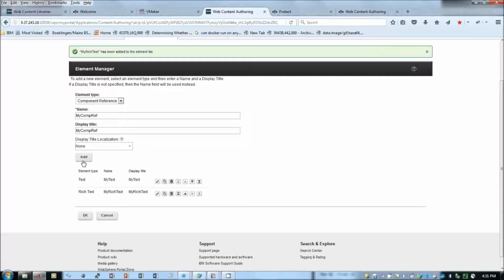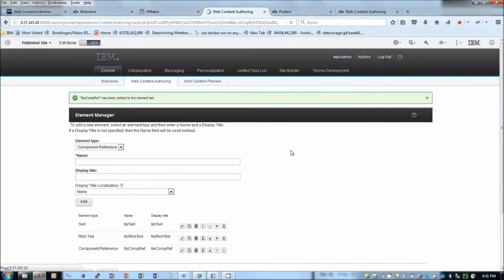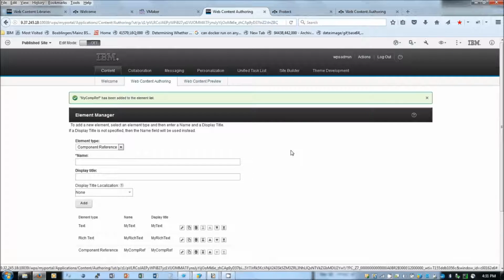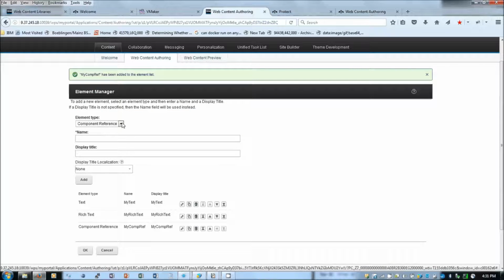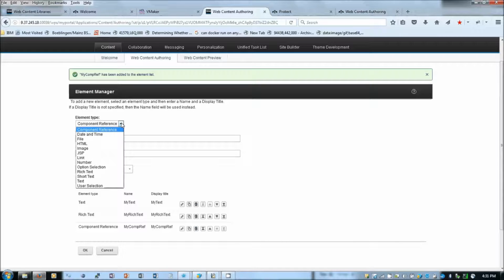So in my web page, I have added 3 fields, a text field, a rich text field and a component reference. So if you see here, I can also add many more elements of type date time. A component reference is going to include a component. So I need to first create a component and then I can refer the component here.